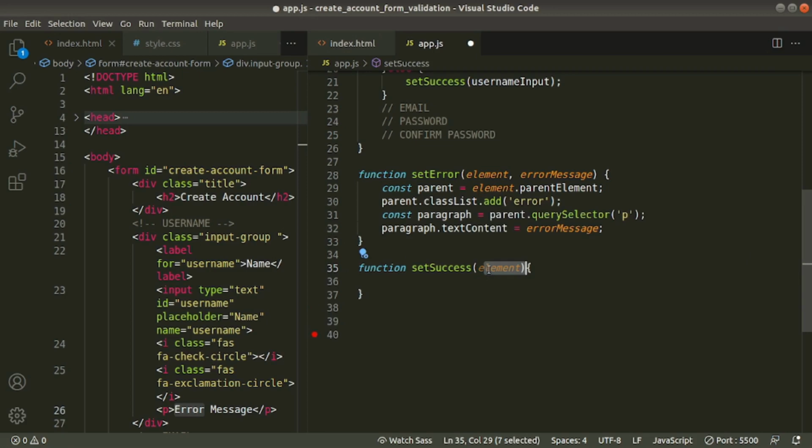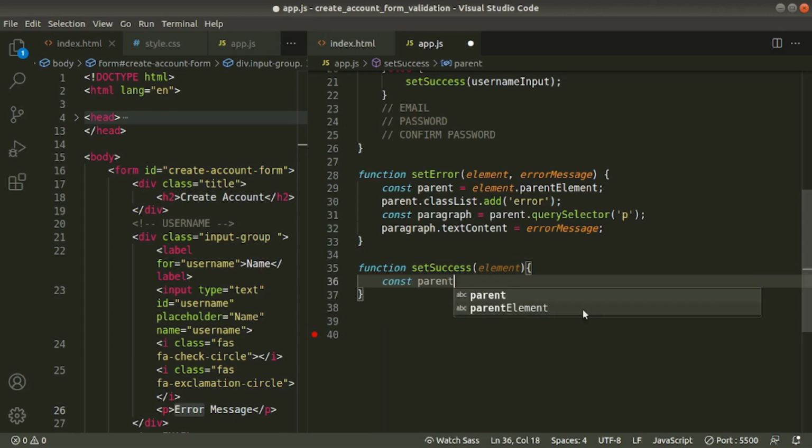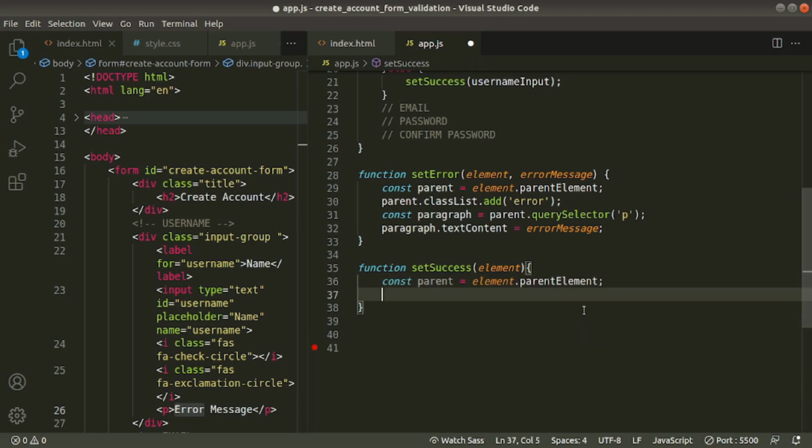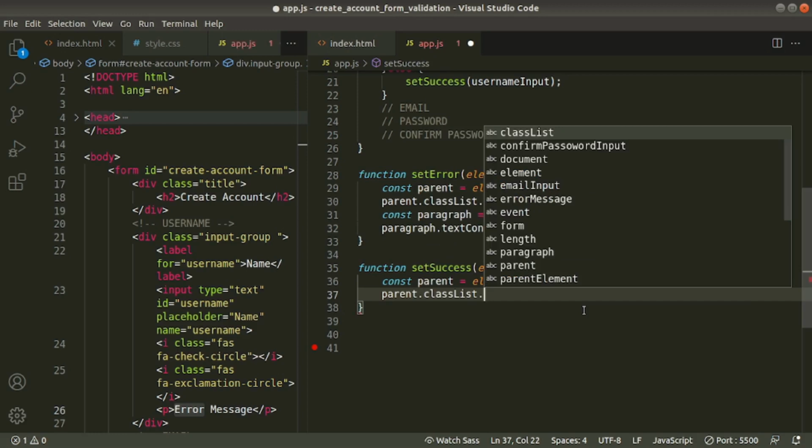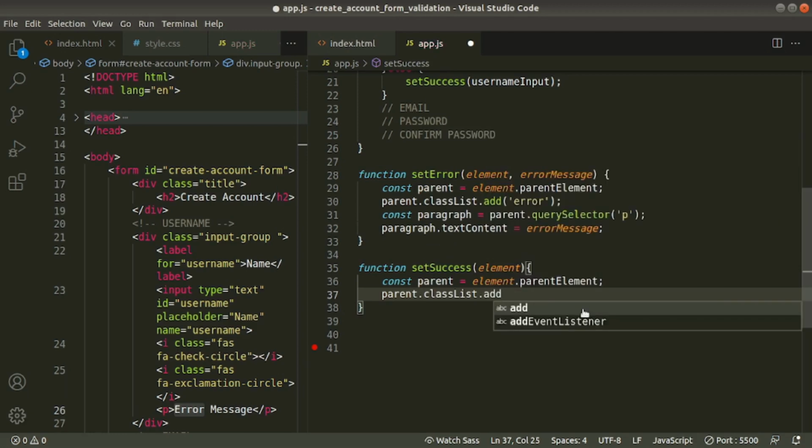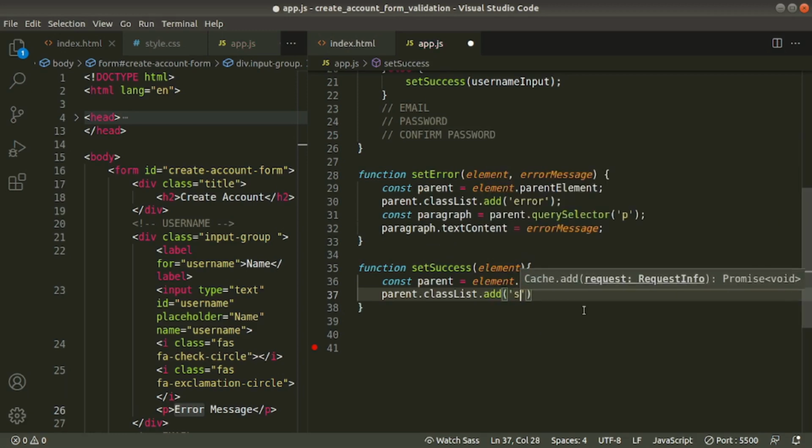Here we do the same as the above function. First we'll access this parent, later we'll add success class to the parent. Now we have the parent dot class list dot add class success without dot.